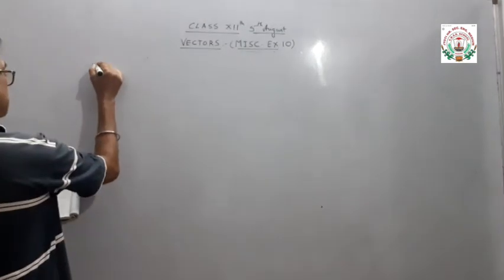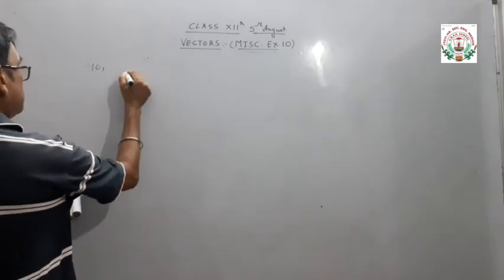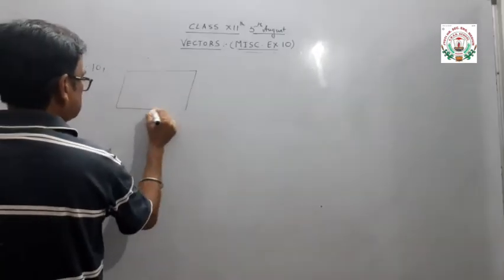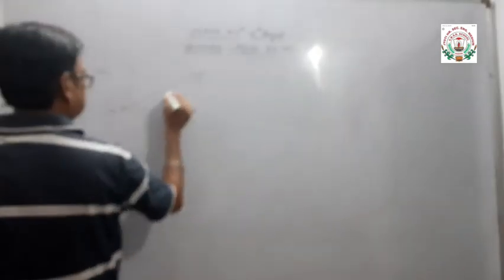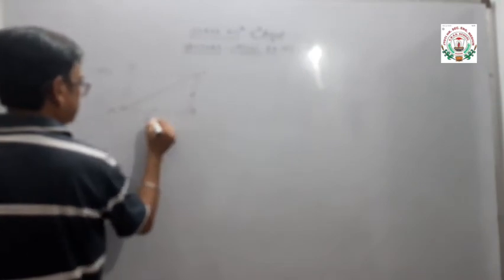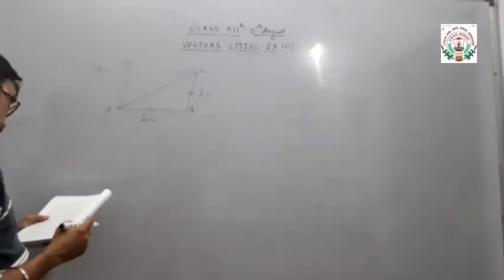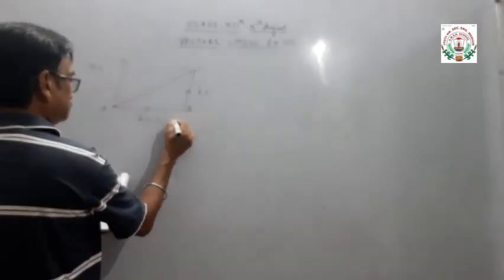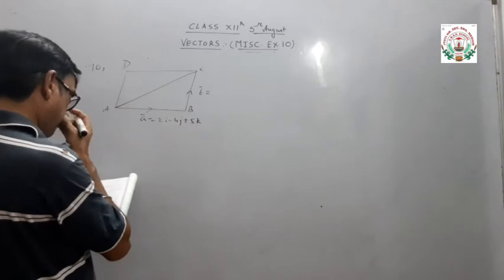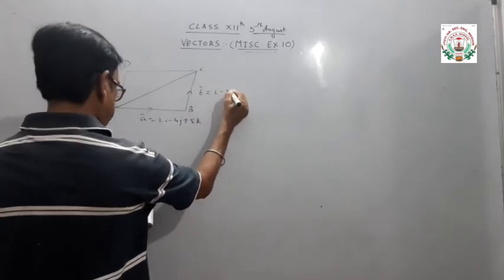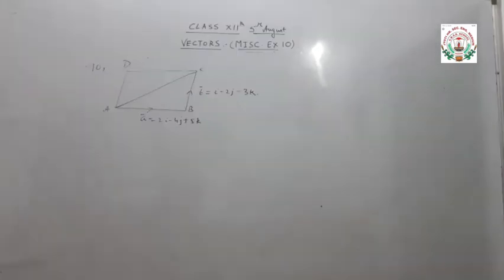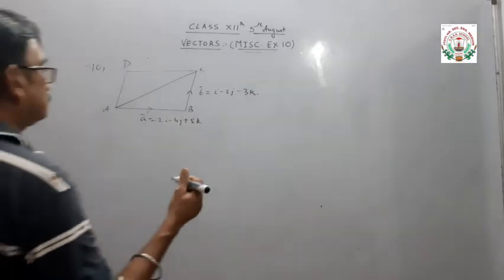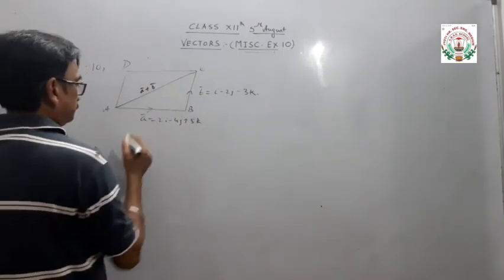The two adjacent sides of a parallelogram ABCD are: A vector is 2i minus 4j plus 5k and B vector is i minus 2j minus 3k. We have to find out the unit vector parallel to its diagonal and also its area. So A vector plus B vector,